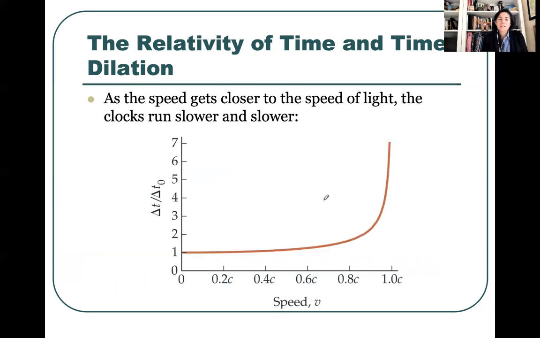And we can see that if we look at here, the ratio of the time intervals with respect to how fast you're going, right? So you can see that delta t and delta t naught are almost the same. For a while you can't really see the difference. Once you start moving very fast, especially if you're really close to the speed of light, then you will see a difference. Okay,